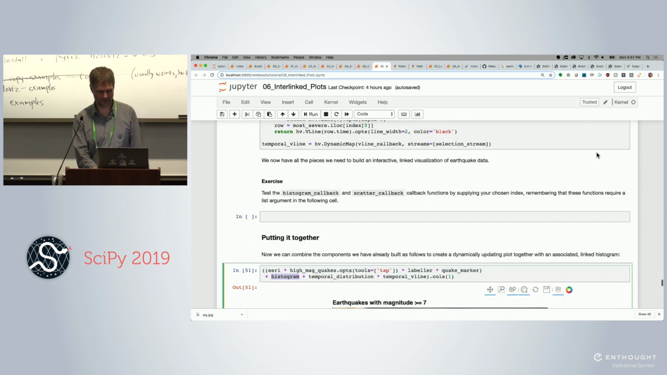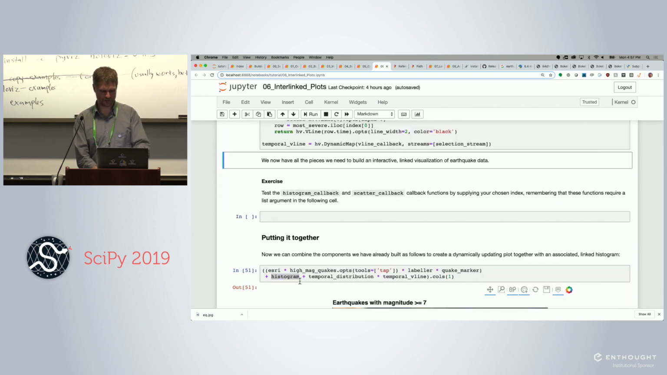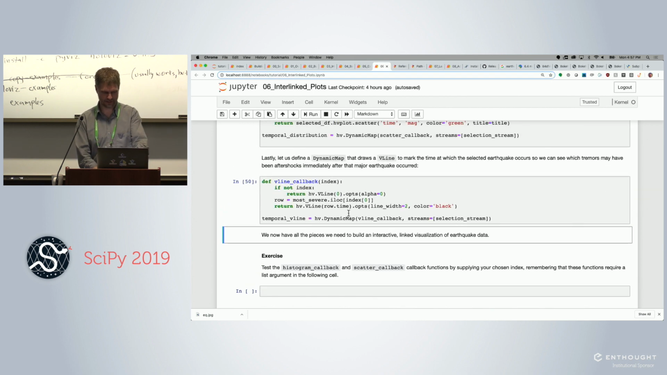We were just talking about the plotting, and so for the plotting, you can imagine the code for histogram, the code for temporal distribution, the code for temporal V-line. We can briefly look at it, but you'll see they all have the same form. It's a dynamic map. It's driven by the selection stream. When the selection stream is updated, it's going to call this callback. The callback is going to somehow return something. In this case, a vertical line,